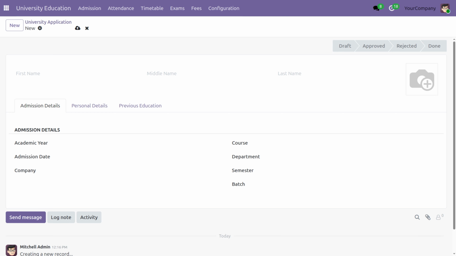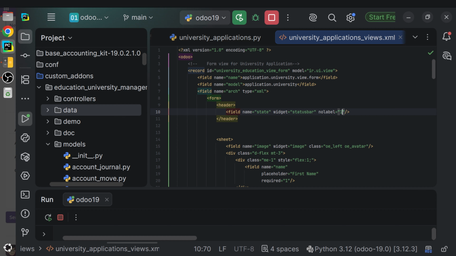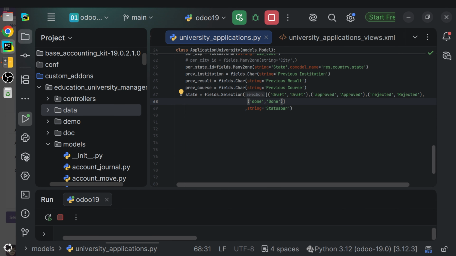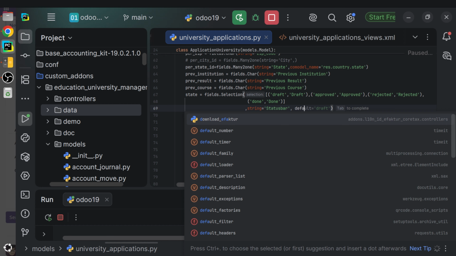And I want to set it so that whenever I create a university application, it must be in draft state. And if I want to change the state, I can change it over here. So for that, let's move on to PyCharm again. In the university application, first, let me add the parameter called default over here, and let's set it as